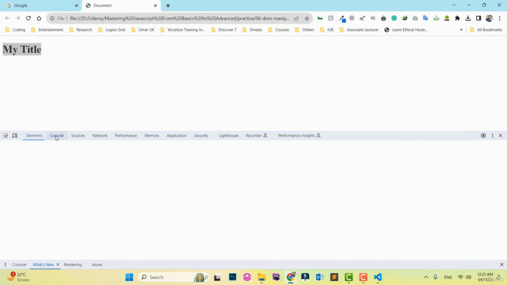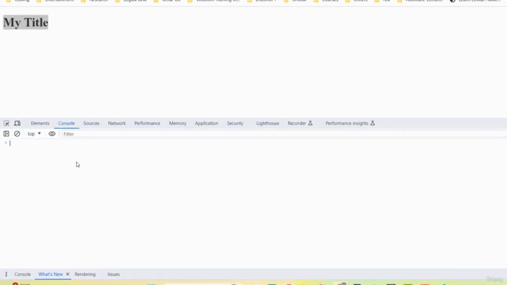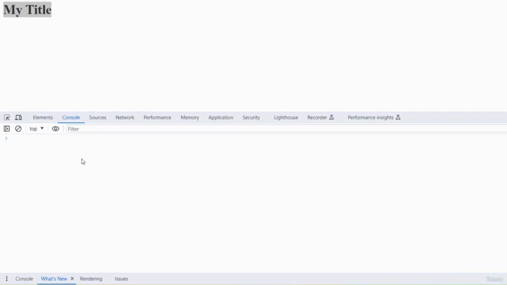you can see my title. Now let's right click and click on inspect element, and here we have the console. Now let's take a variable with the name title, and after that I have document